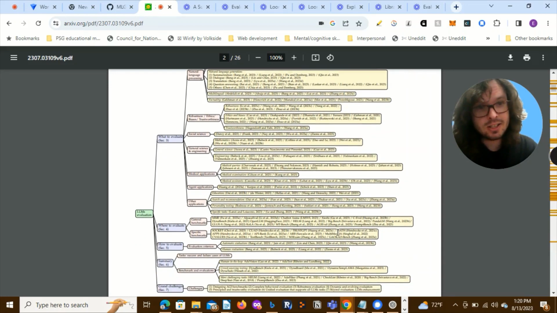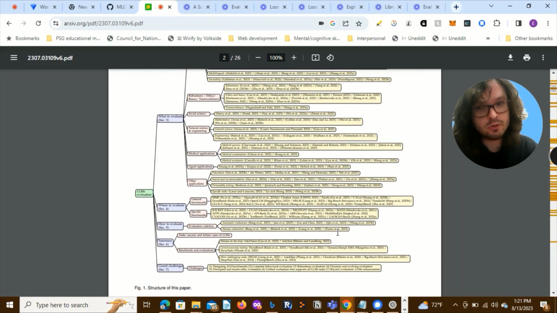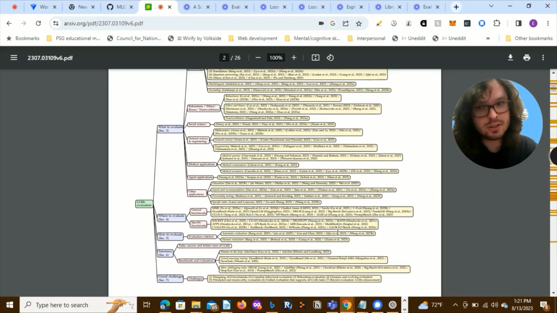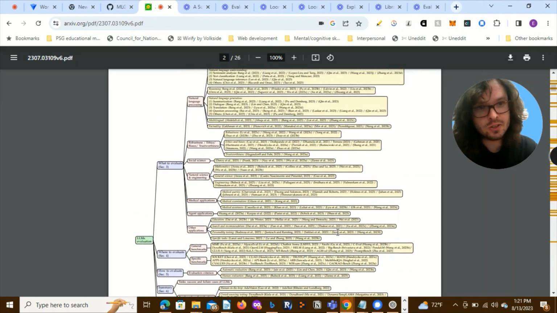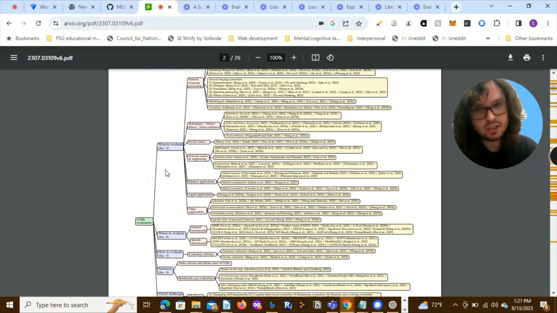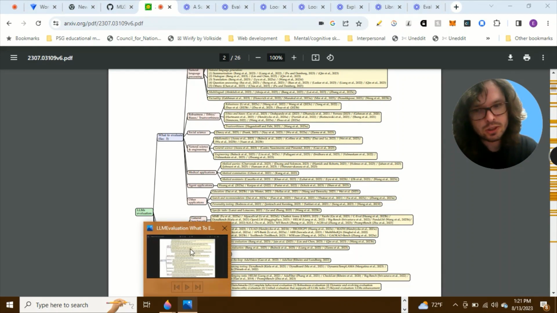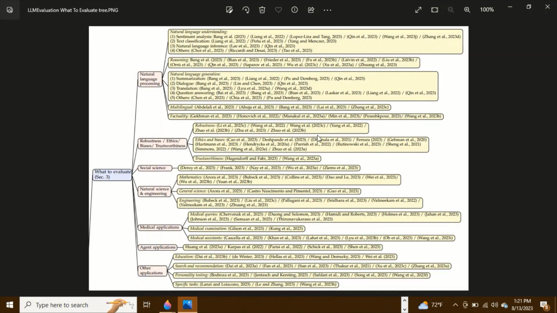This is figure 1 from page 2 of the paper that lays out the structure that the authors have created for this paper in terms of each of the 3 dimensions that they laid out: what to evaluate, where to evaluate, and how to evaluate. We cannot cover everything that is in this tree, and to give you a closer look, if we take a look here at the